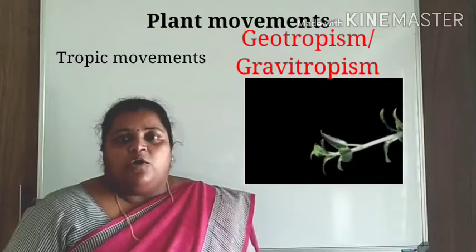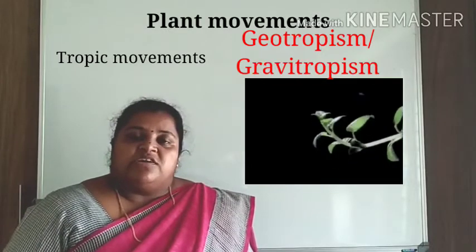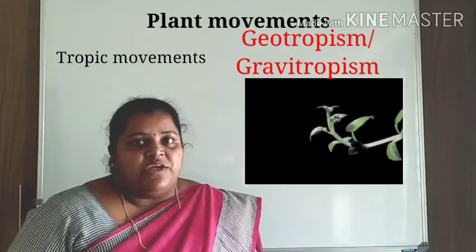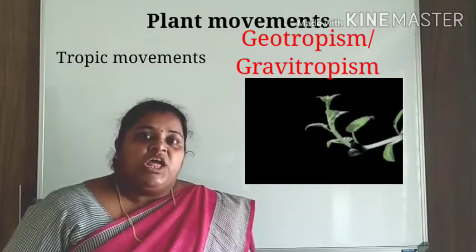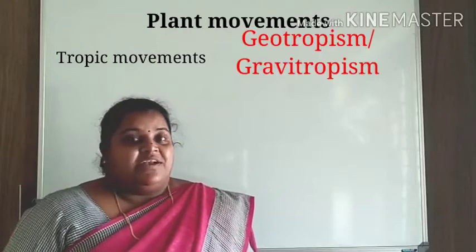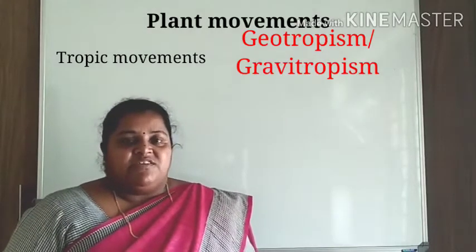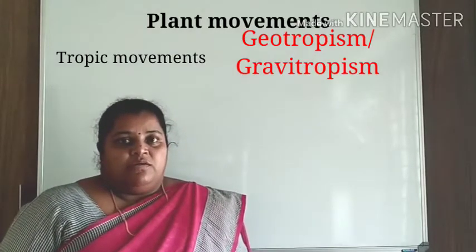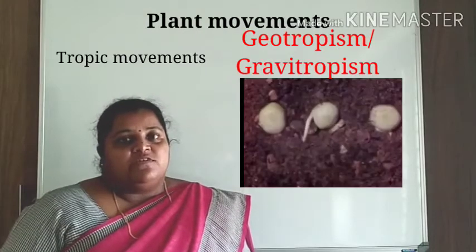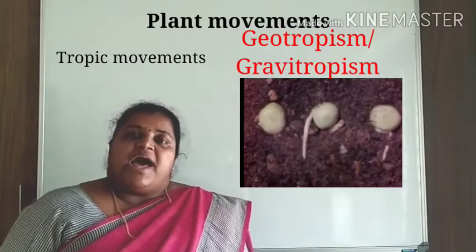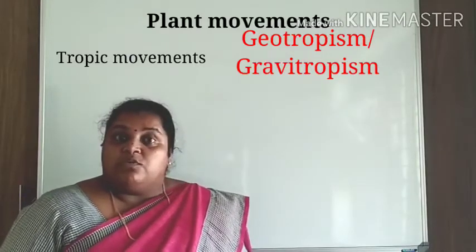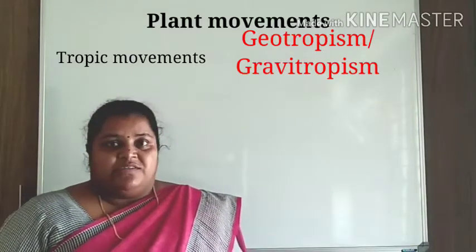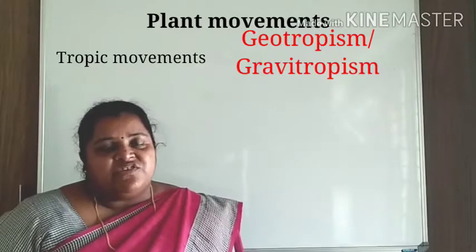The stem always grows against the direction of the stimulus gravity. Stem always grows in an upward direction, that is, against the gravitational force. Root always grows towards the direction of the stimulus gravity, that is, root grows downwards, towards the gravitational